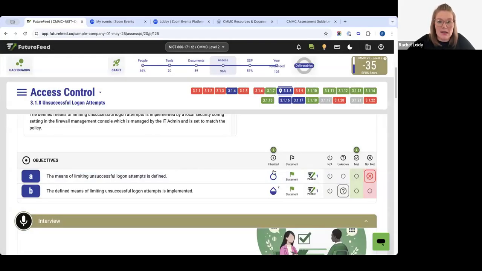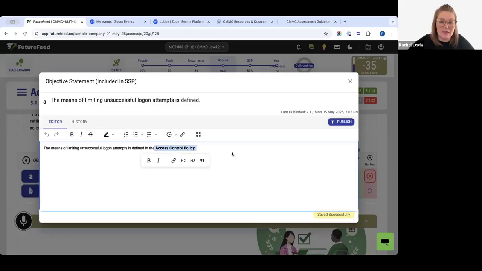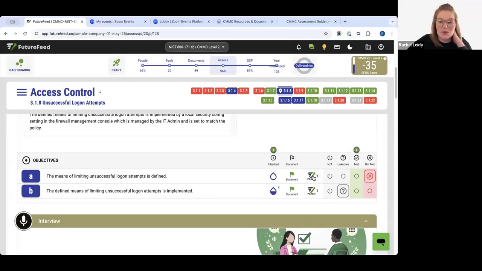When it comes to evidence though, okay, so here we're saying that something is defined in the access control policy. So I want to get a hold of that access control policy. If I don't already have it, I need to see that document and I need to upload it into FutureFeed. So it's up to you whether you want to create a poem for that or not. Sometimes people just take,